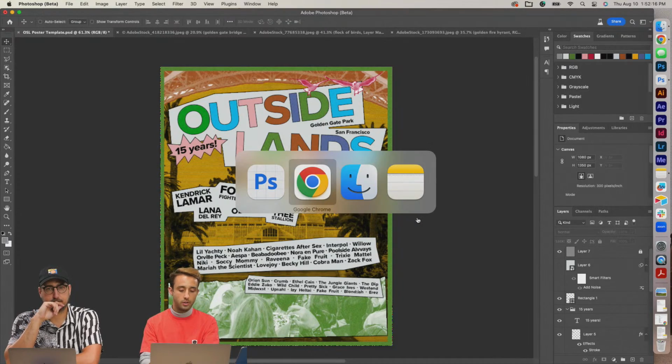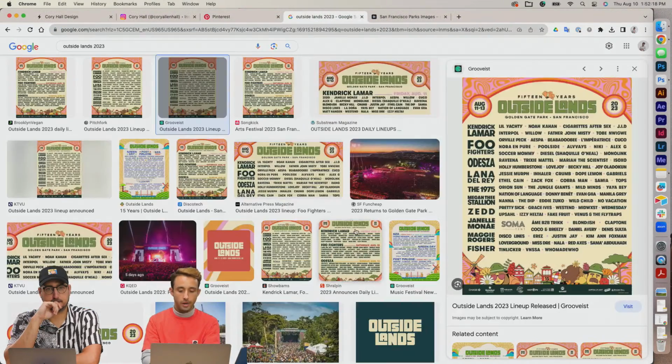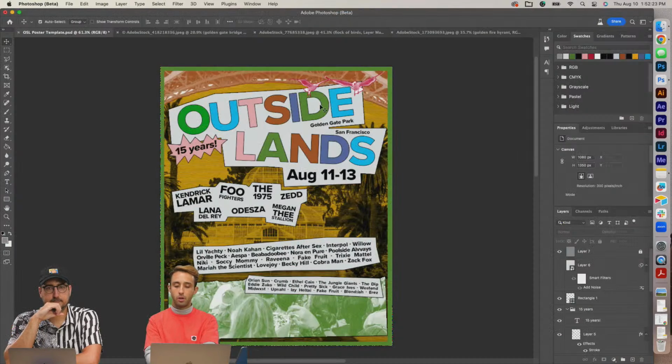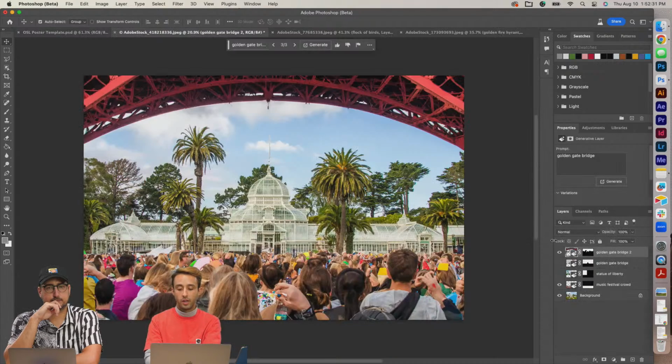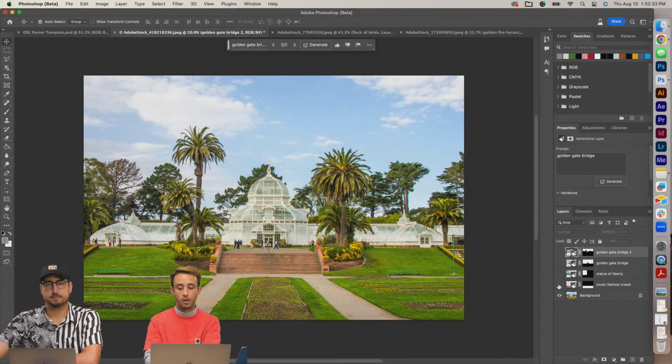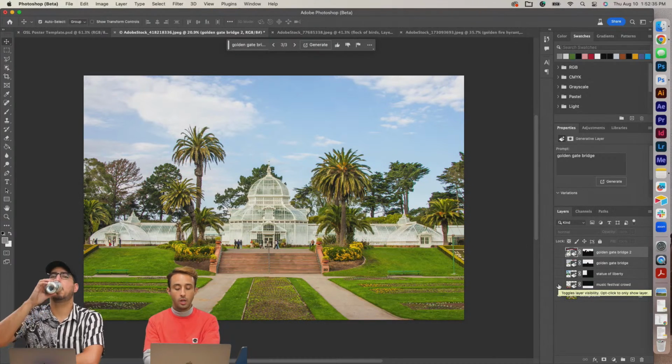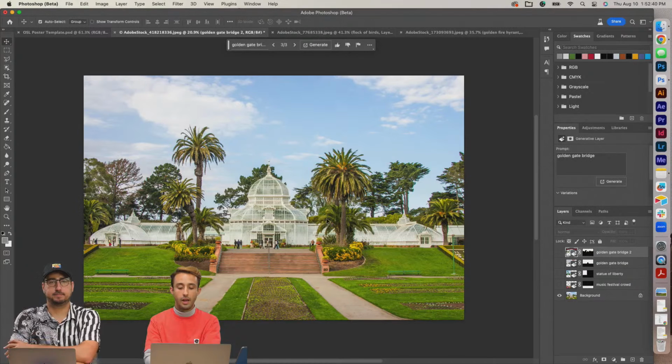So everyone, let's do a little before and after comparison. This is the existing Outsidelands poster. This is the new one that we came up with. And the way that we got here, and this is part of my workflow process when I'm creating project concepts or ideas or editorial images, is I started with an image that I pulled from Adobe Stock, stock.adobe.com. This image of the Conservatory of Flowers here in San Francisco,